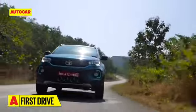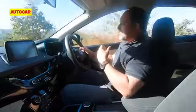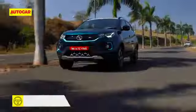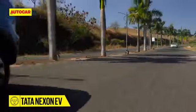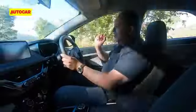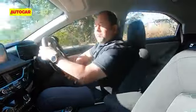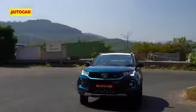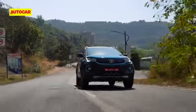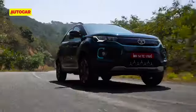Initial impressions from behind the wheel are good. Now, where the Nexon EV does a tremendous job is that first inch of throttle travel. Tap the throttle and it moves forward effortlessly. There's plenty of torque, there's lots of energy, and driving in this manner, in a relaxed manner, is pretty special. It does feel very nice and comfortable. It does respond to the throttle beautifully, and as long as you don't require a sudden burst of power, D